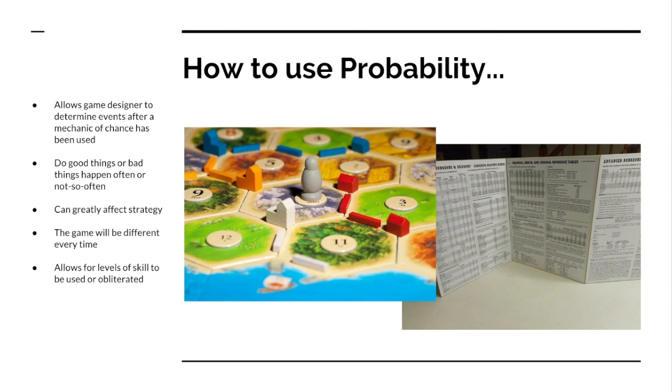So if they have the option of learning more about the history of the city, they roll the dice. Do I understand what the history of this city is? I've lived here for a while. Do I know enough about the history of this city to help us on our quest? There might be 4 different levels of knowledge that the game master would give them, depending on the roll that they rolled. So that can either help or hinder players, depending on how well they rolled, right? That kind of determines how much information is given to them.